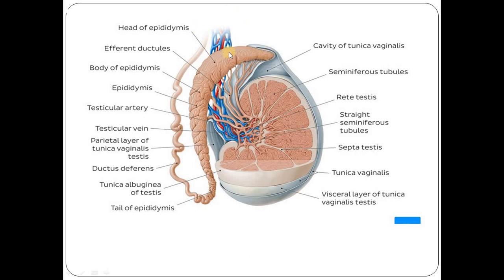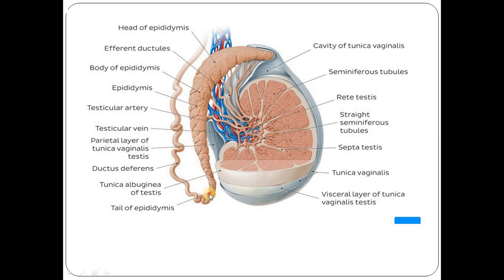You can see on the upper pole of the testis it fits like a cap. Now, if we look further, this epididymis is a long structure you can see out here. So we have divided this epididymis into 3 parts. We have the head of the epididymis, the body of the epididymis, and the tail